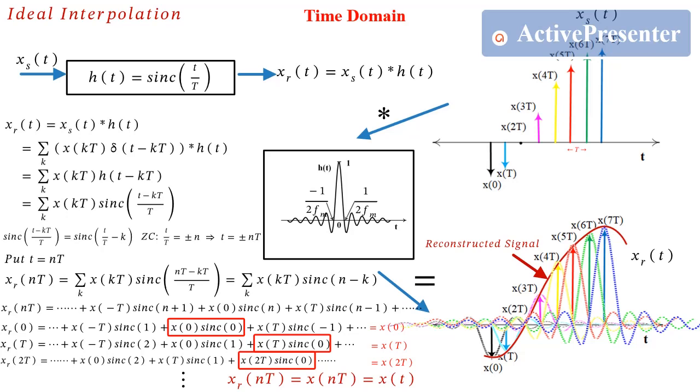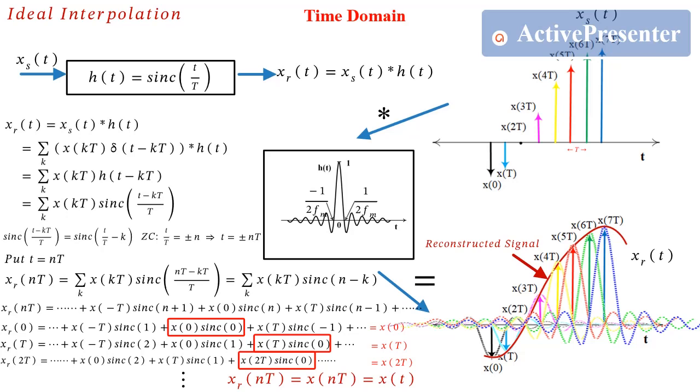We can check this on the figure as well. Let's say the sample named x of 60, the green sample. At this time instant, there is one and only one sinc pulse that is contributing to the reconstruction, and that is the green sinc pulse. Since all the other sinc pulses are spaced such that at this time instant they are having their zero crossings, they don't contribute in the recovery of the signal.